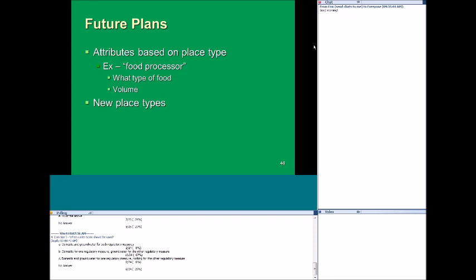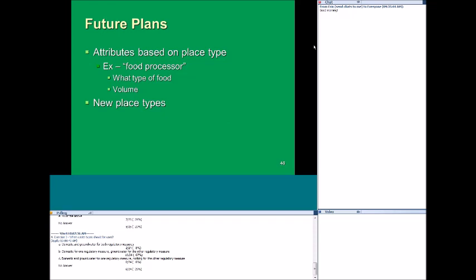We do have some future plans. The first thing that we want to do is to add attributes based on place type. So for example, for food, if you have the place type of food processor, you get additional questions such as what type of food is being processed or the volume of products they're producing.